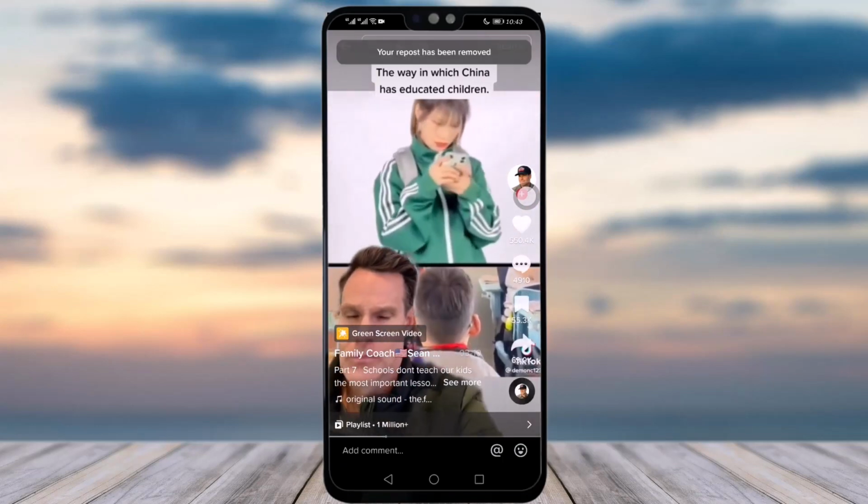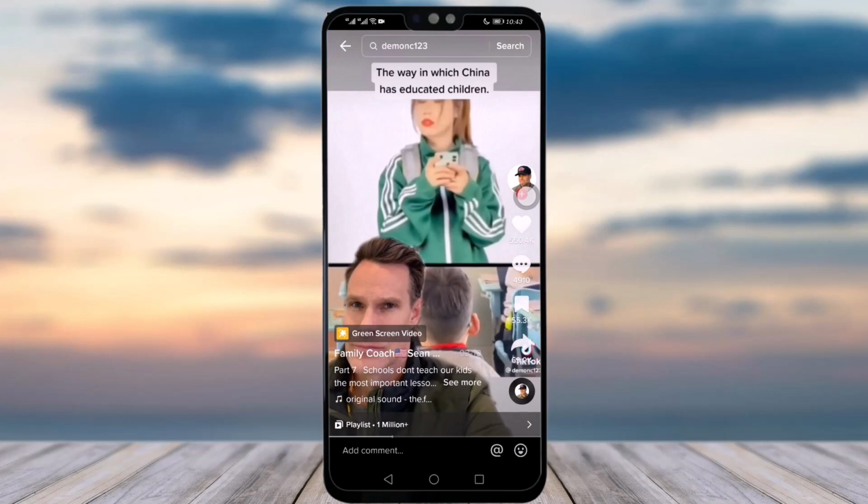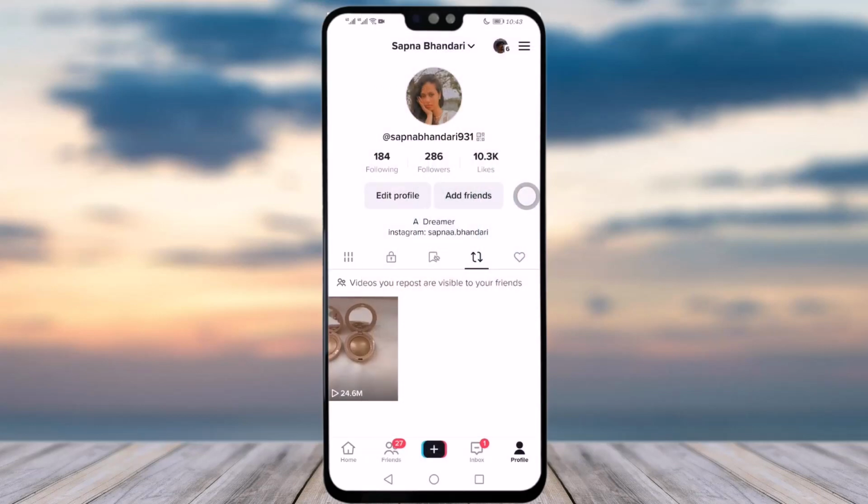Your repost has been removed. Once you see that, you will again go back to your profile to check it, and as you can see, that particular repost video is not in my profile anymore. So this is how you can remove your reposted videos from your